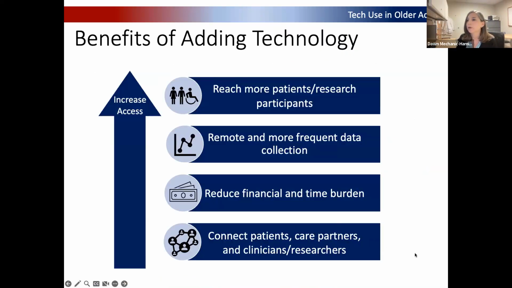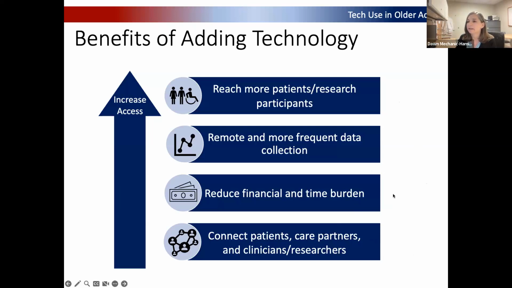So when I'm thinking about adding technology, the thing I'm often thinking about, like I mentioned, is increasing access. I'm really interested in ways to reach more patients and participants, people in rural areas, people who have burdens to coming in, financial burdens, time burdens to getting into the clinic, getting into research spaces.